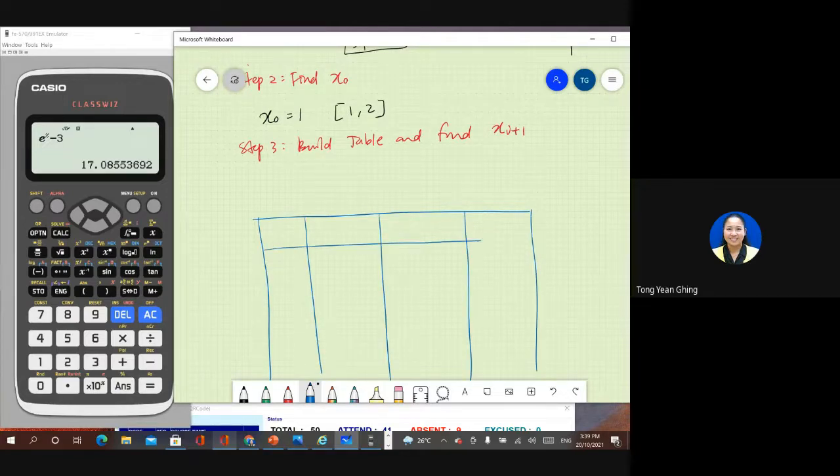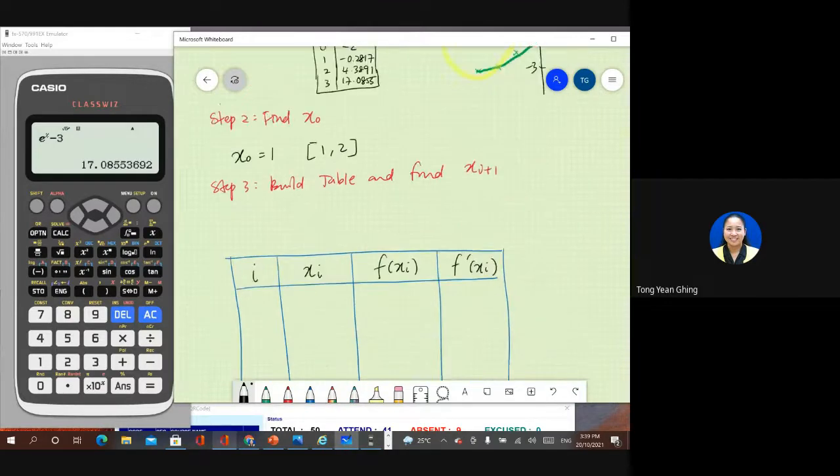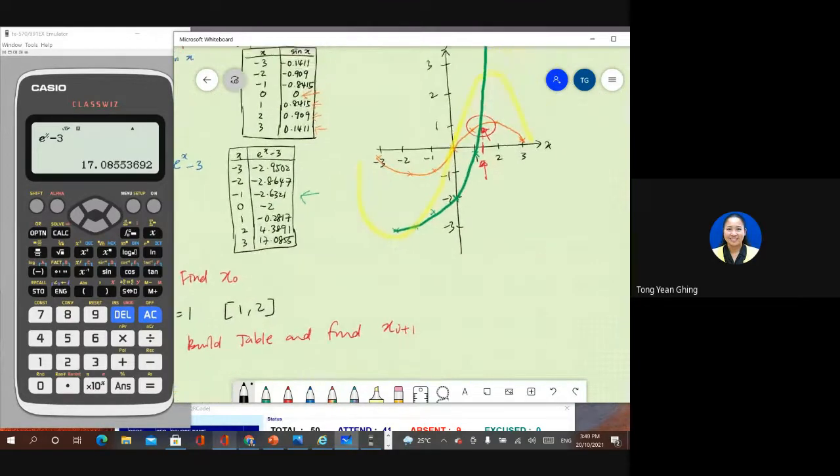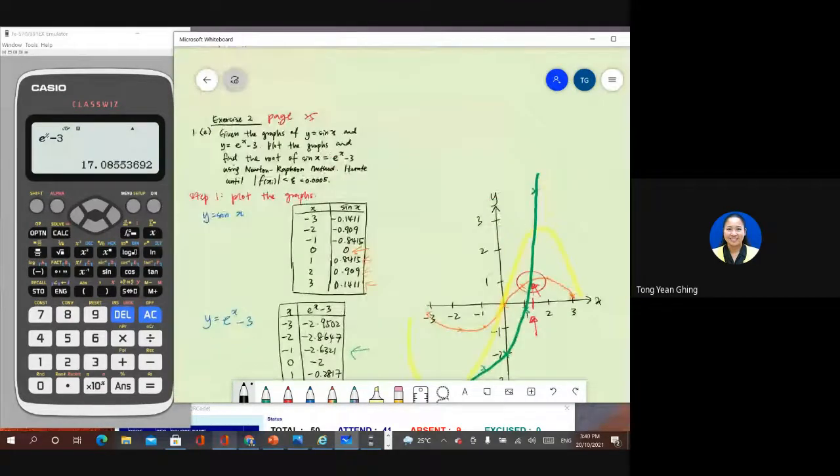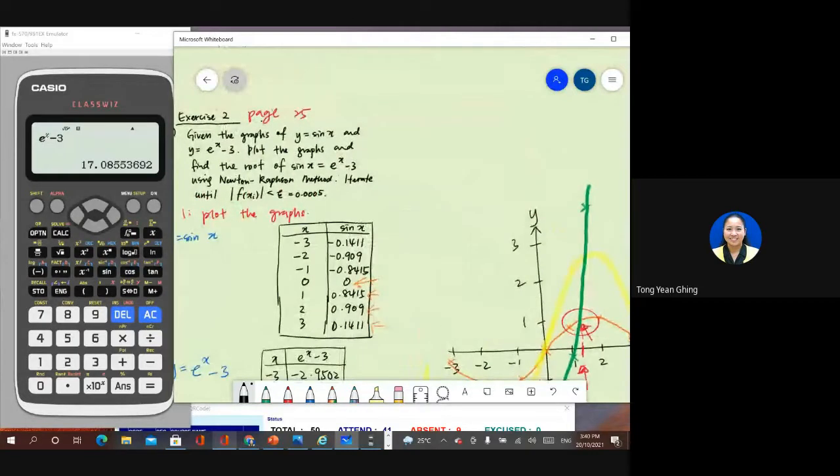Okay, so this is xi, this is f xi, this is f prime xi. So x, dia punya equation just now. So just now we have to find fx. Kan this a new combined cakap when this one sine x equal to epsilon x minus 3. That means